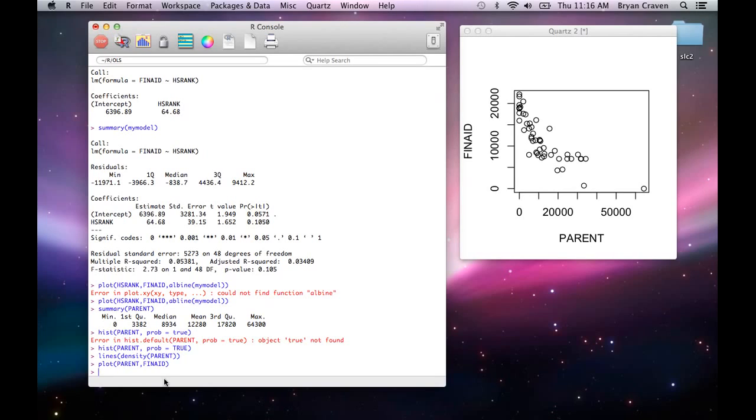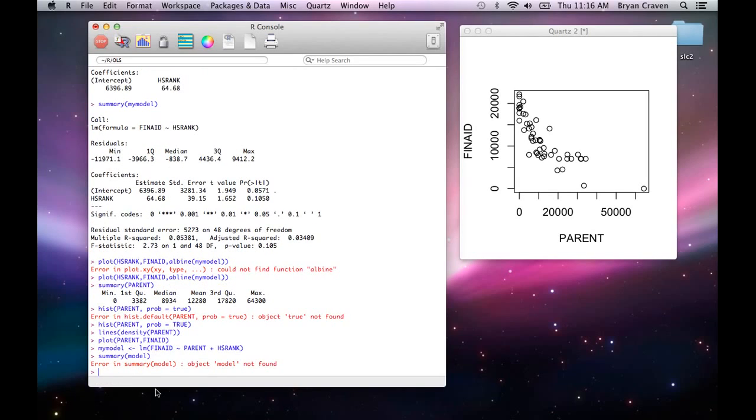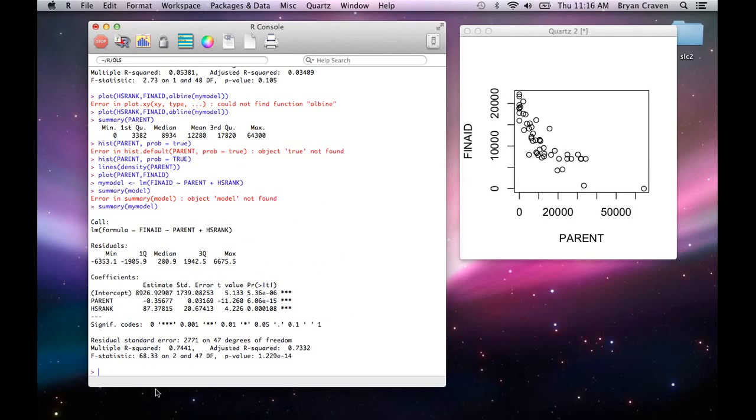So in R, this is pretty simple. You just add the new independent variable to the right-hand side of the model specification. So if you say my model, and you say LM, and again we've got finaid on the left, and parent, and then you just add that second independent variable, so HS rank. And you're going to do the summary of my model. We're just writing over our old model there. So looking at summary of my model,